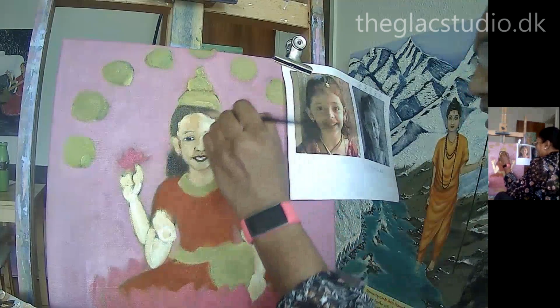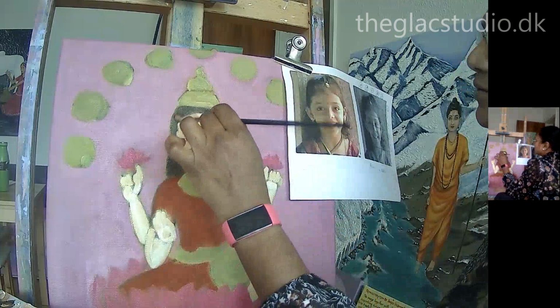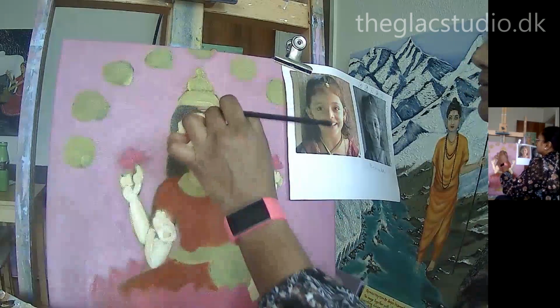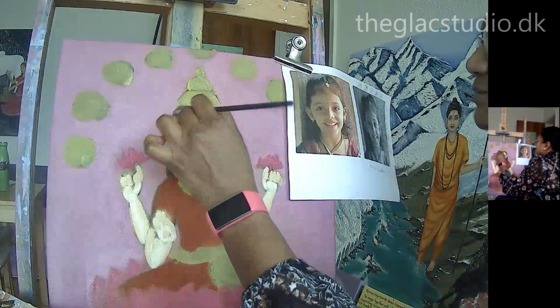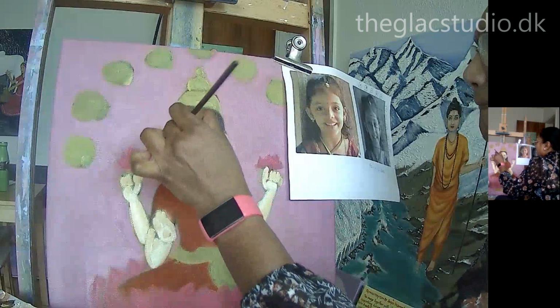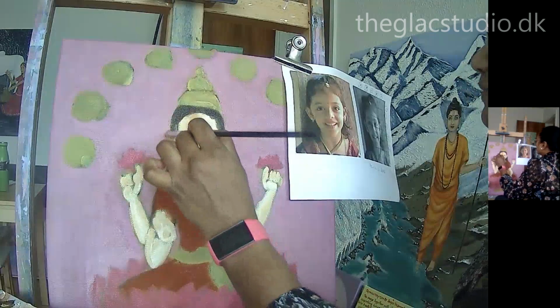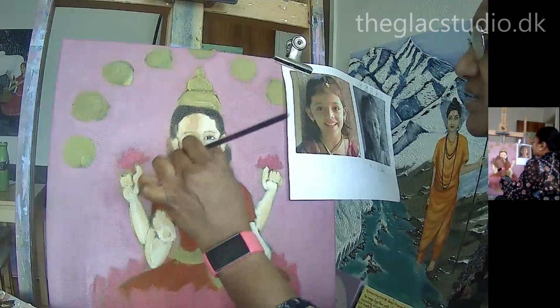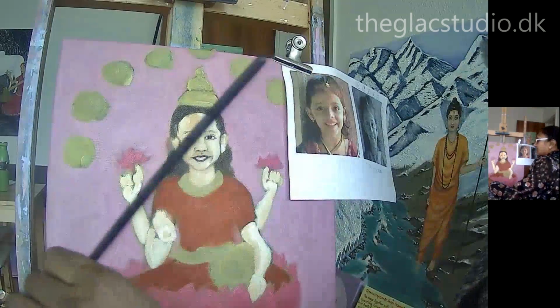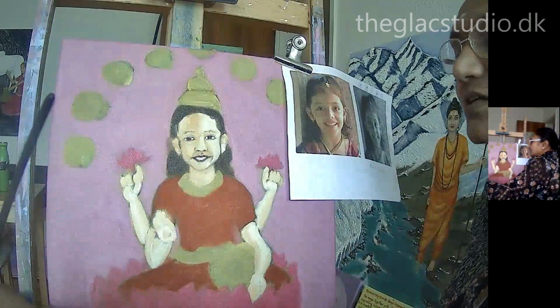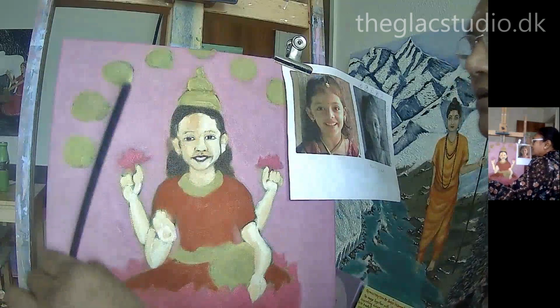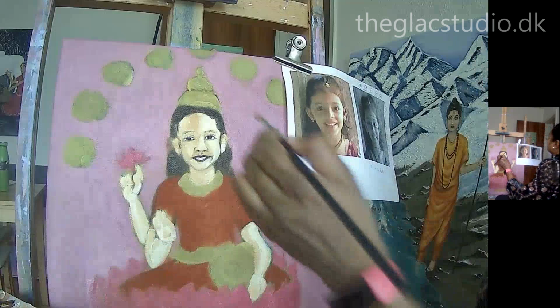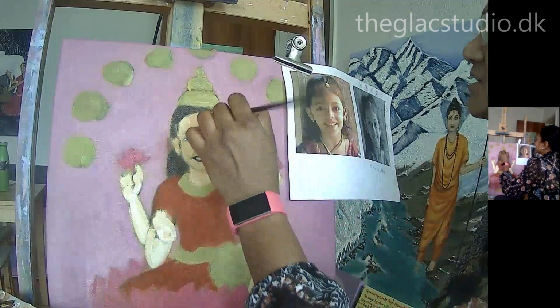I'm not still working on the baby hat though. Yeah, I'm not going to do that though. So I've just done this part. It's kind of helping me understand if I have missed anything. And I want a bit of lighter tonality, so I'm just taking yellow ochre here with the same brush, a tiny bit of it, to give some shades here in the hair,